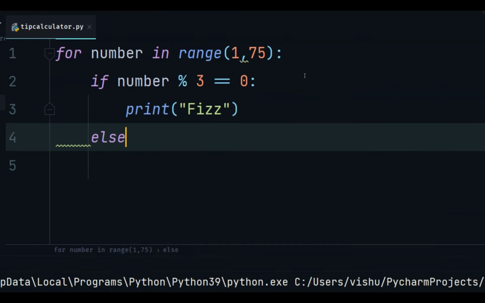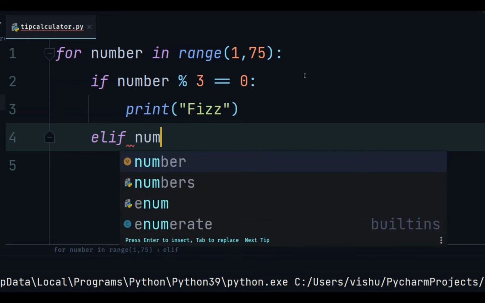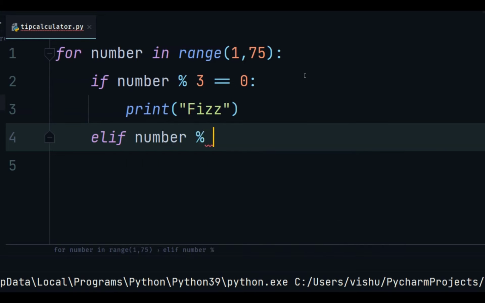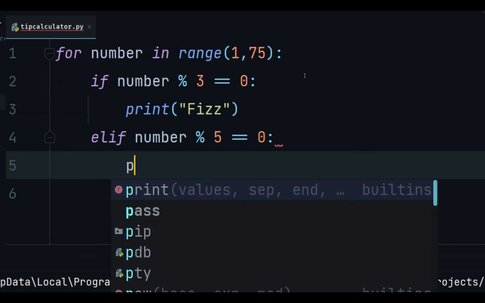Similarly, we don't have to put else, because there are two more conditions. It has to be divisible by 5, and divisible by 3 and 5. Else you print the number. So there are 4 conditions that we have to consider, and we only know if else. But if there's another condition you want to use, you put else if. You don't write else if like this, you put elif. This elif is another condition that it will check for. So number mod 5 is equal to 0, you print